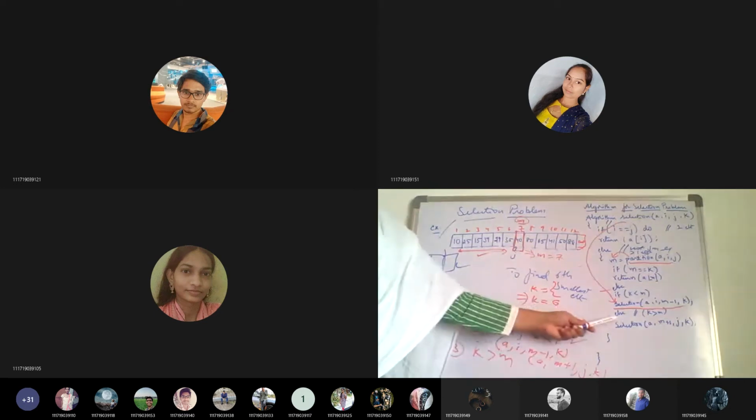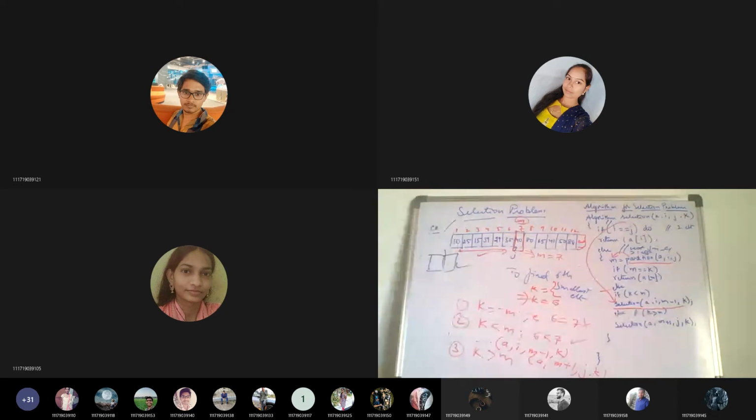Else, if K is greater than M, we search in the right sublist. But here the second one is becoming true, so let's continue and find the 6th smallest element.